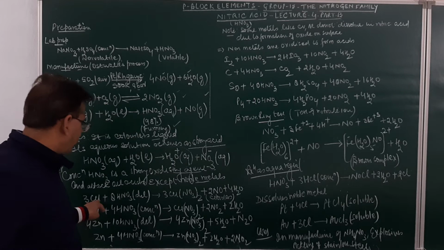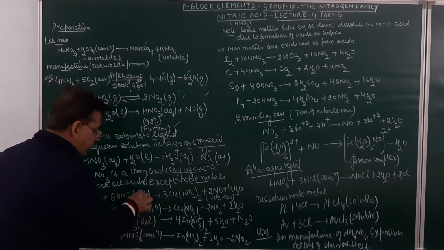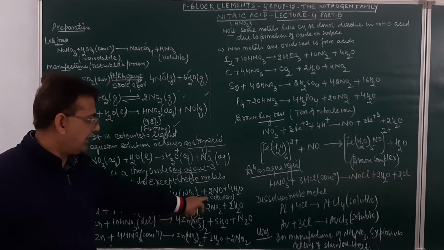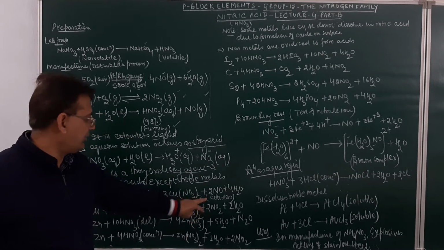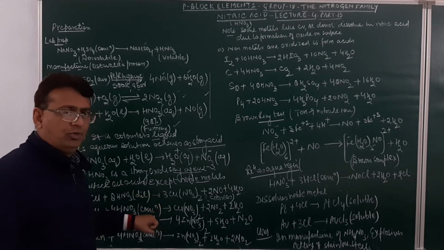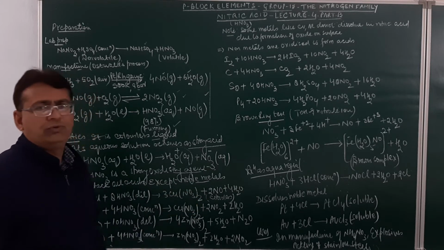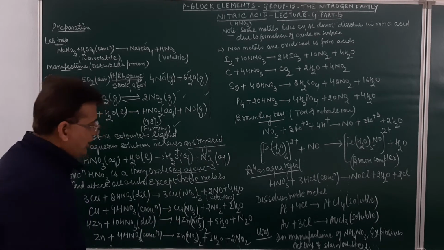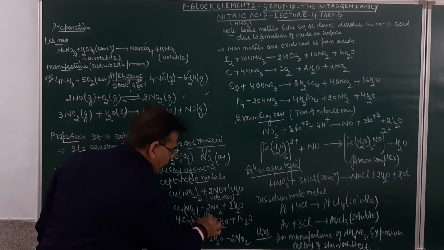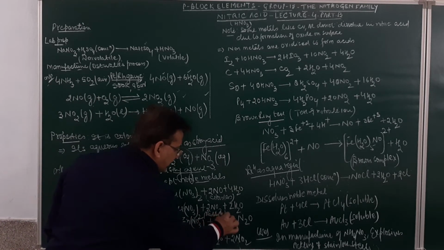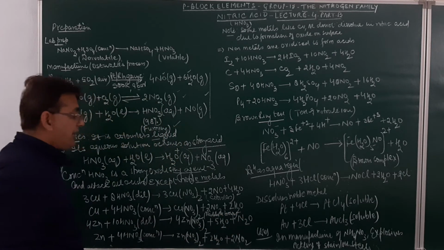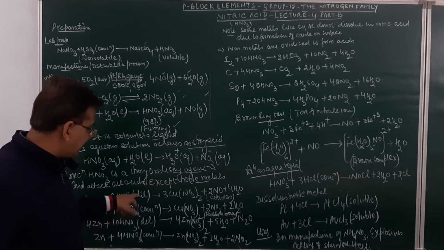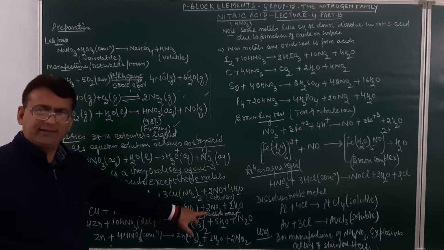So, copper when reacting with dilute nitric acid will result in the formation of copper nitrate, nitric oxide and water. Nitric oxide will be a colorless gas. In the board examination, it will be asked, name the gas produced when copper reacts with dilute nitric acid; it will be nitric oxide. Similarly, when copper reacts with concentrated nitric acid, it will evolve a gas which is nitrogen dioxide, and this nitrogen dioxide will be reddish brown in color. A very common question in the board examination: name the gas produced when copper reacts with concentrated nitric acid, reddish brown gas nitrogen dioxide.